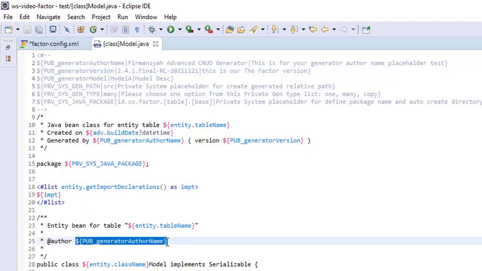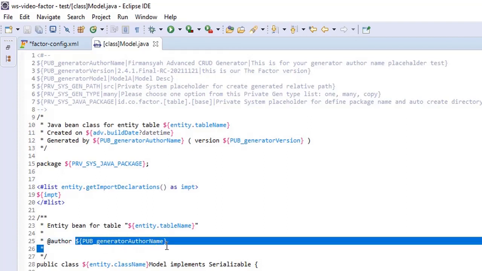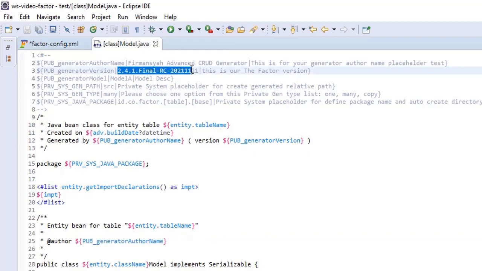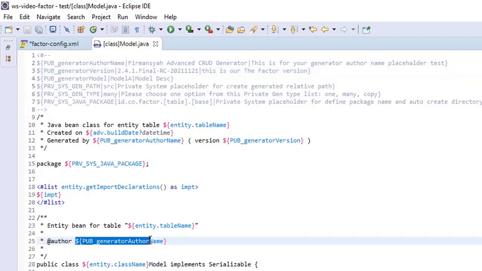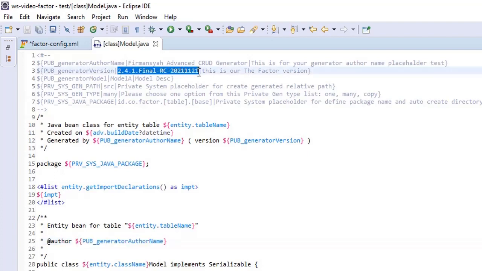In this case, you see there is no pipe in here, so this one will be replaced by this value during the generation. If this placeholder also exists in another file template, then that placeholder will also be replaced with this value, or with the value that we modify in the editor.